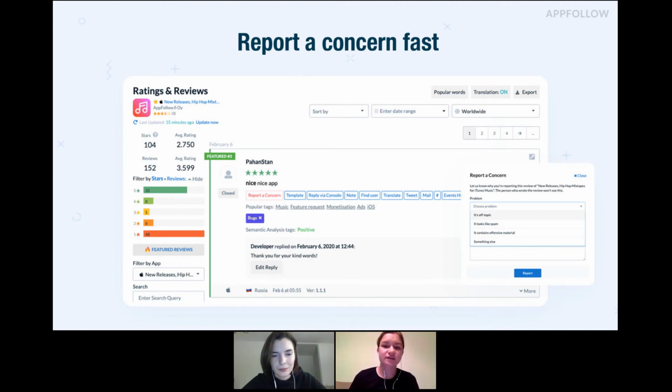It goes without saying that there are two ways to influence your rating. The first one is to make your application better and expect new ratings to be higher. Another one is working with existing ratings. One of the ways to work is reporting a concern to the review so that the store could delete it